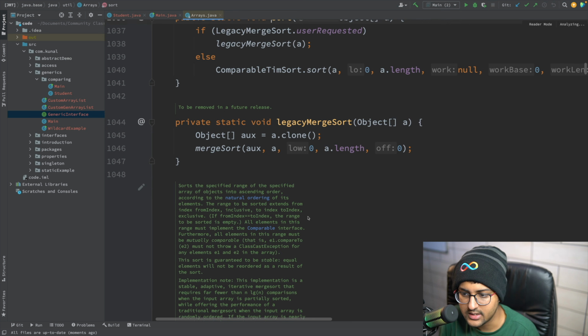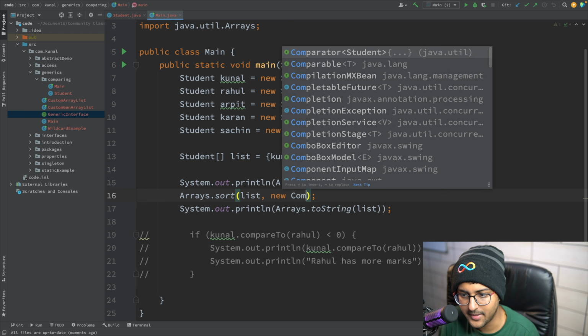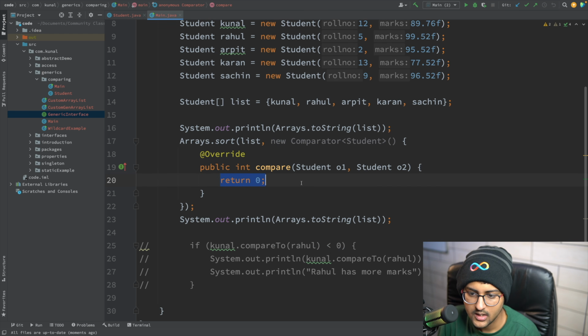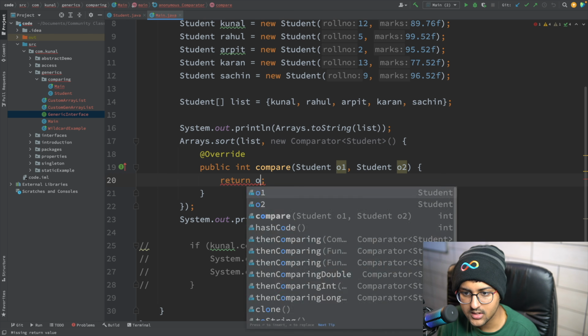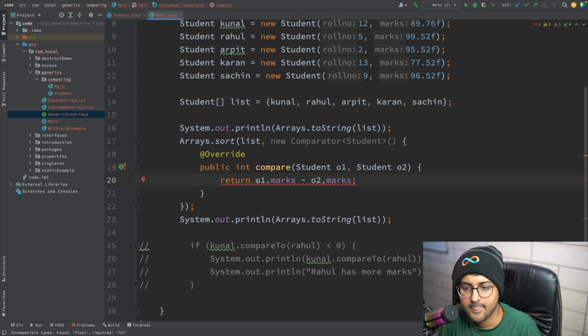You can add a comparator over here. So I can say a new Comparator, and obviously now you would have to provide the compare functionality. Let's say you want to compare with the students' marks, so o1.marks minus o2.marks. Obviously cast it into an integer.